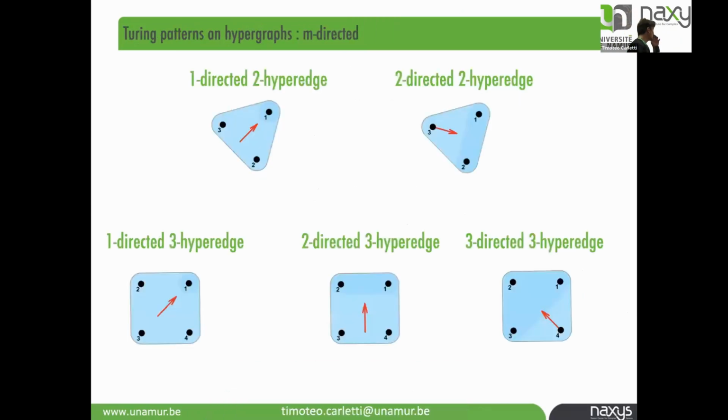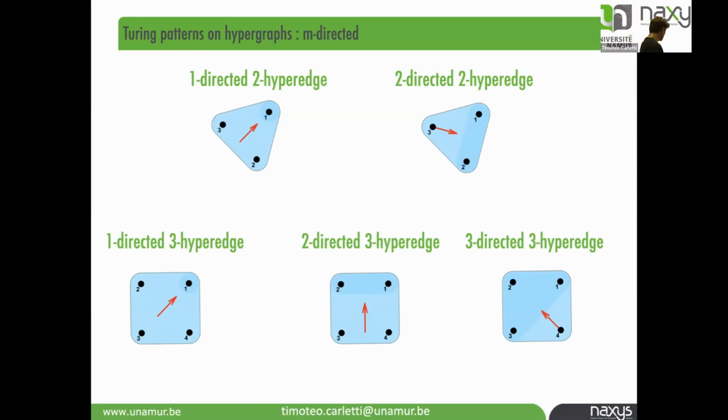Now I will really give you two slides about a recent project that I'm doing with some students of mine. We already heard about directed hypergraphs, and here are a few examples of directed hyperedges. This is a hyperedge where nodes 2 and 3 influence 1 but do not influence each other. Here you have 3 that influences 1 and 2, and 1 and 2 influence each other, or you have higher combinations. So you have 2, 3, 4 that act on 1. Here you have 3 and 4 that act on 2 and 1. And here you have 4 that acts on 1, 2, and 3. So you can have all the combinations of this kind of direction.